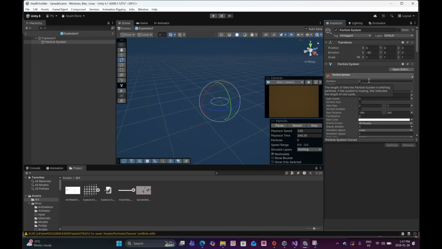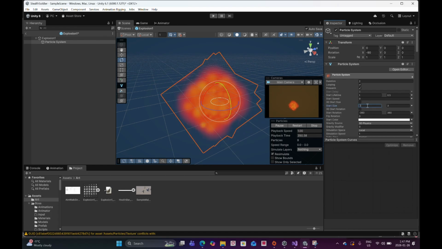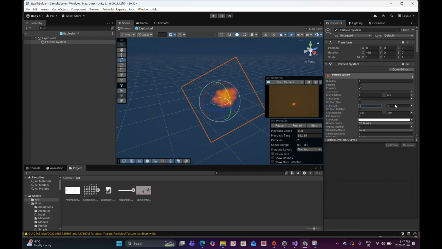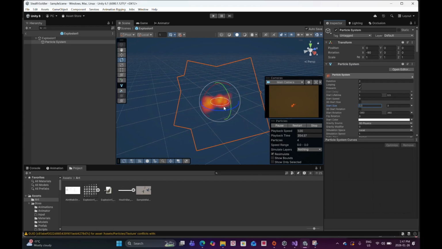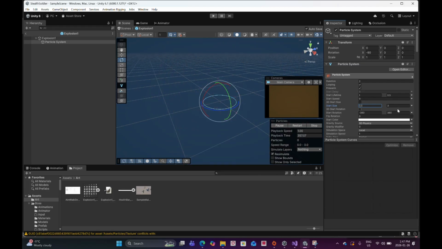So I'm looking around, and start size is too big, so 0.5 to 3. 3 was too big too, so I changed it to 0.5. So the size of the sprites is a bit smaller, but the overall explosion is too small. So